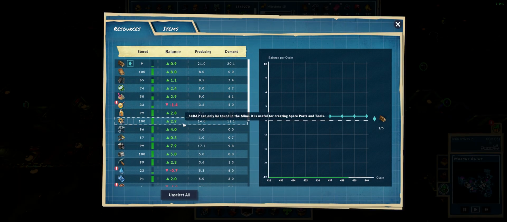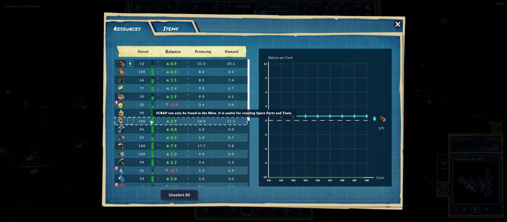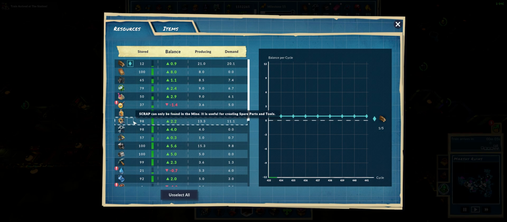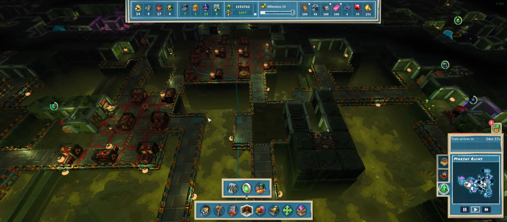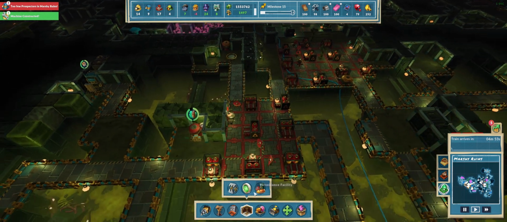I'm actually 2.9 net positive and on the tools as well. And this will actually go much higher once I have 100 tools. So that's the other thing. If you see that your raw resource is going down, like the scrap, for example, that's because you're building tools. And as long as you eventually stop building tools, then you're going to stock up on scrap again. You don't have to rush doing anything. And the nice thing about this game, right, is that if you do mess up,